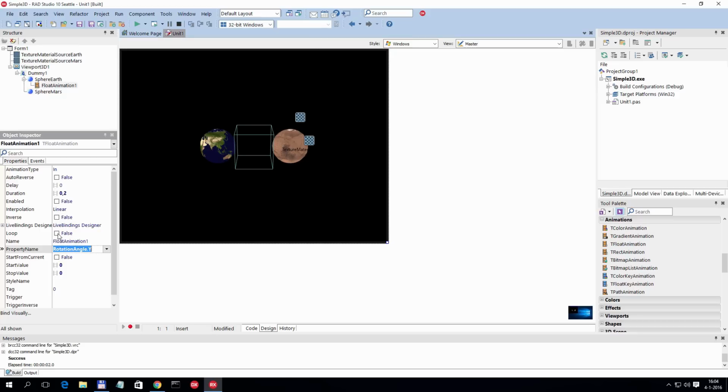I want to make it loop, and the duration will be maybe not so fast, but maybe one second. I want to make sure that this is enabled, and also start value and stop value, I want to go from 0 to minus 360, so my earth is actually rotating in a correct